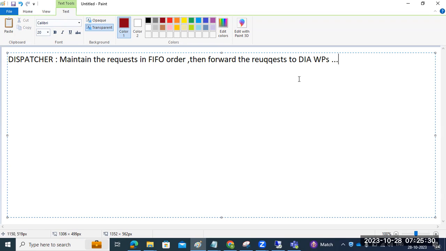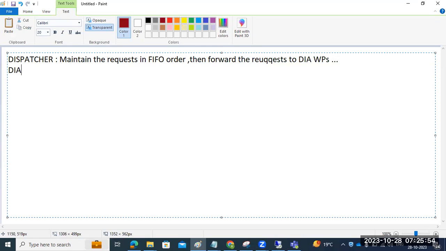Until then the request is available in the dialog queue. Queue means FIFO order. It will wait in the queue, and then it will be assigned to a dialog work process, right?